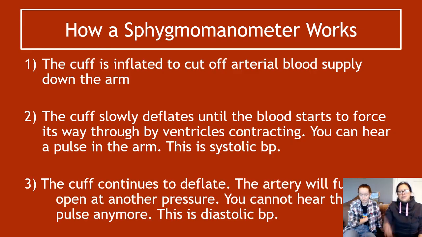The cuff will continue to deflate and the artery will fully open at another pressure. So this will basically say your artery is now at normal pressure. What happens there is the pulse will disappear because you're constantly getting blood flowing through your artery. So you will not be able to hear the pulse anymore. That will be diastolic blood pressure. So that is the minimum blood pressure that your heart is actually working at this time. Okay. Now,